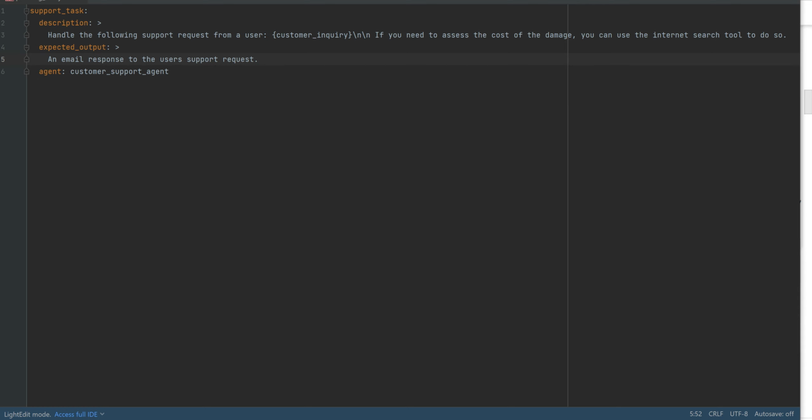So I'm going to open up my PyCharm IDE editor here, and you can see that we only have one task. And why do we have one task? Because I'm expecting the agent to be able to plan out how to respond to the email itself. That means I'm not going to be telling it explicitly to retrieve the return policy, retrieve the shipping policy. I'm not going to be telling it to do any of that. I'm just going to say, handle the following support request from this user, give it the customer inquiry,